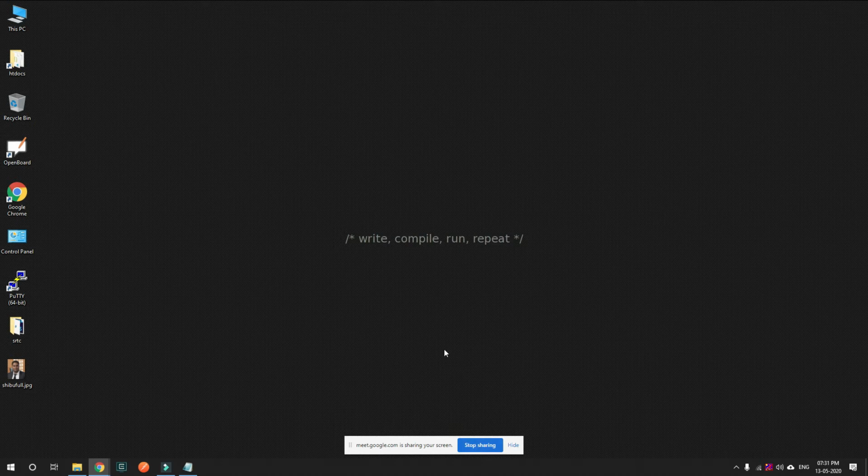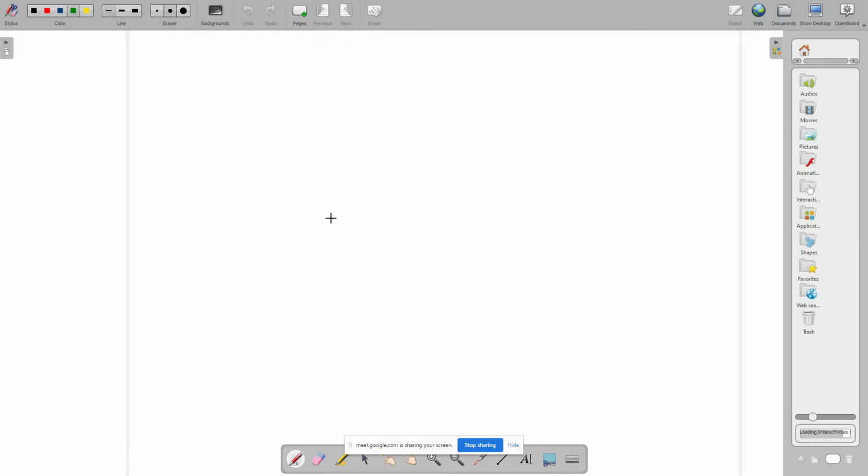Okay, now by default you don't have any whiteboard as such, so you can use an open source software called OpenBoard. I have already installed it. I will put the link in the description, so you can click on that, and after it opens you can start writing. So you can use this to write on the whiteboard.